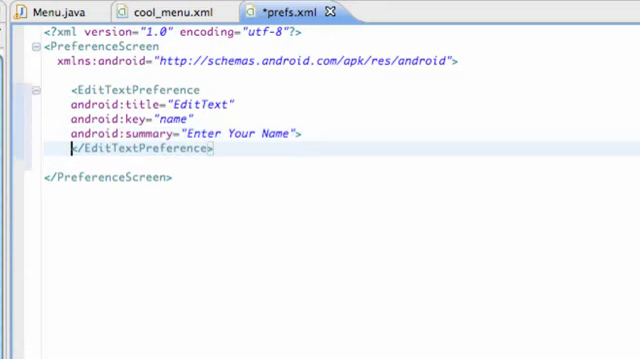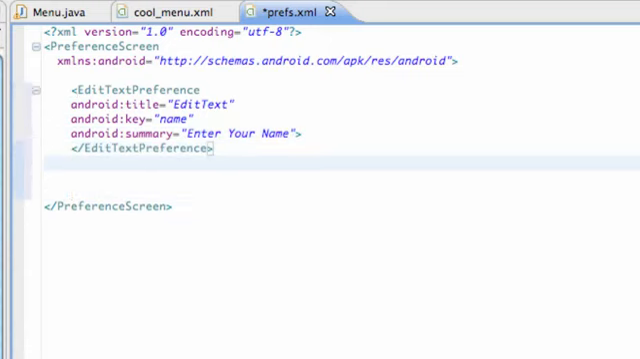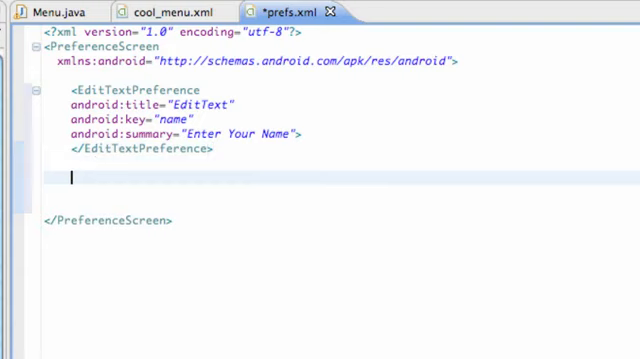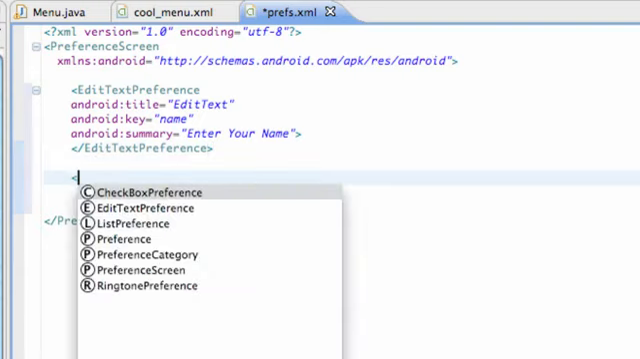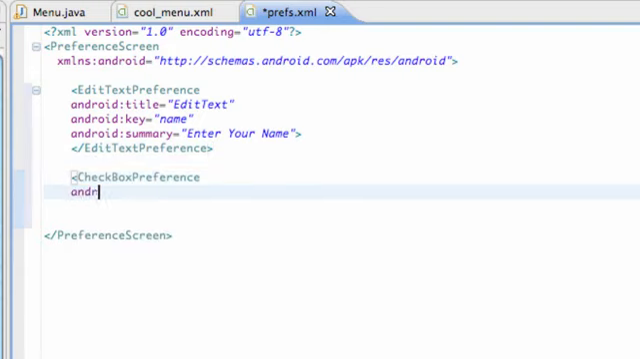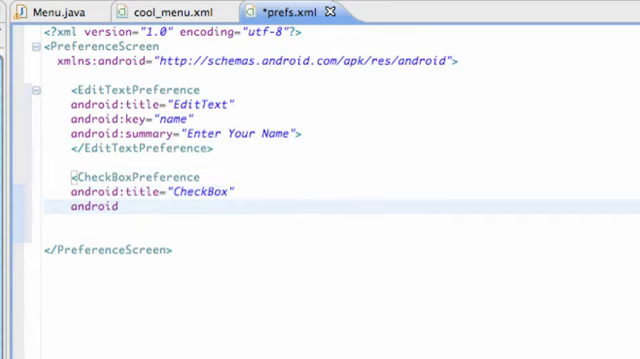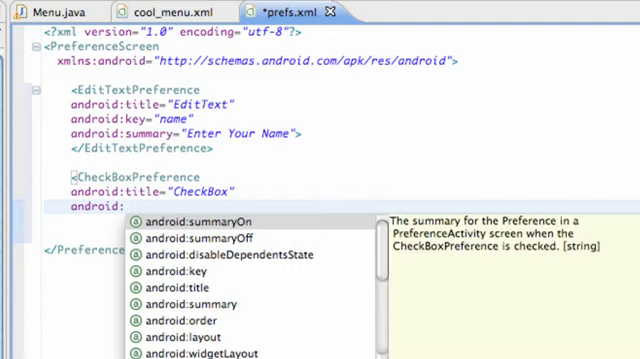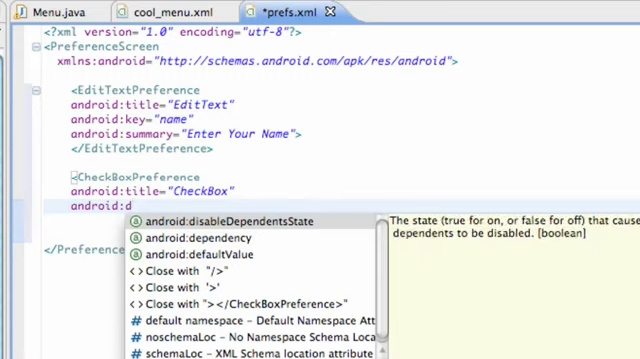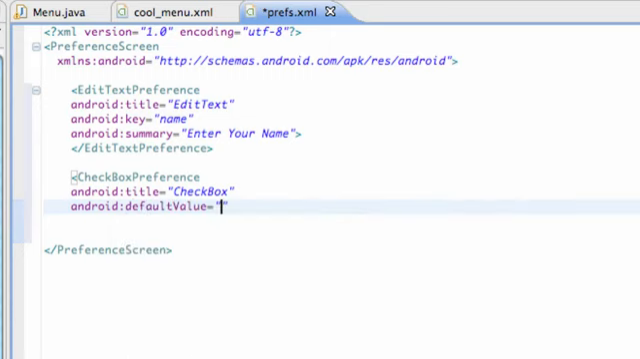Let's set up a new one. So let's go still within our preference overall thing, and then set up a checkbox. So checkbox preference, and we're going to say again android title, checkbox, and android. We can set this checkbox if we want it to be checked when it starts or unchecked. So we're going to say default value, which is what it's going to start as, and we can either set this to true or false. So we're going to say true,